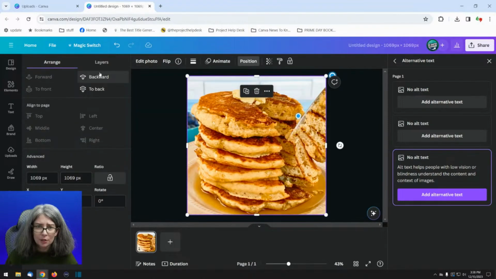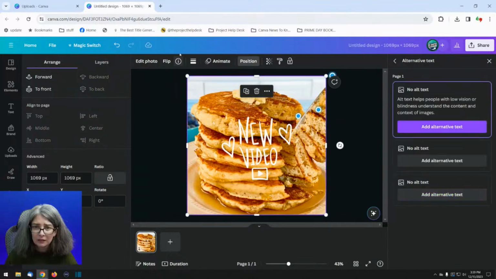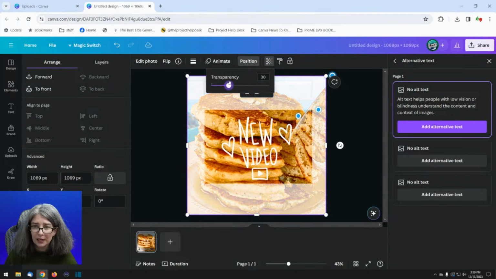We're going to go to position and go backwards a layer. Okay, my brain is clearly not in design mode, but what if we did something like this? And went to transparency.